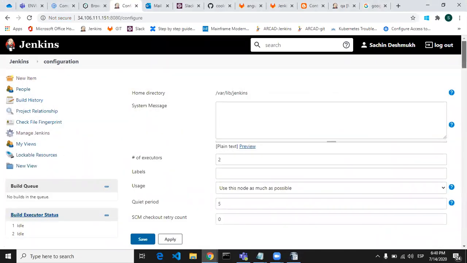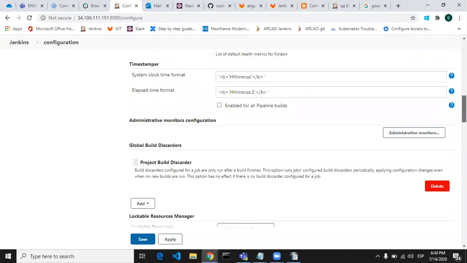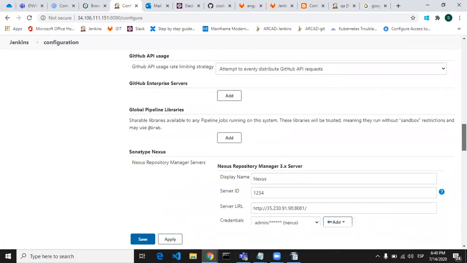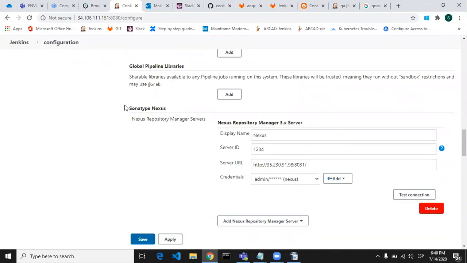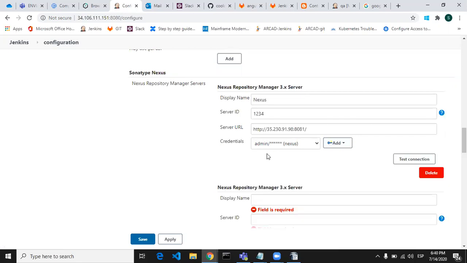Here you have to check for the Sonatype Nexus configuration, and here you go, you can see Sonatype Nexus. This is the step that will come in front of you: Add Nexus Repository Manager server. Once you click on this, as we have installed the Nexus Repository Manager 3 version and not the 2 version, you just have to select the 3 server.